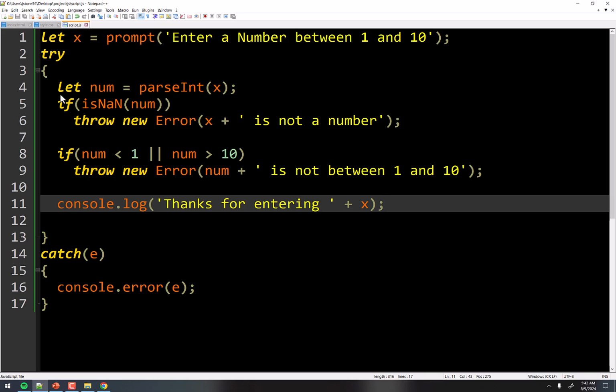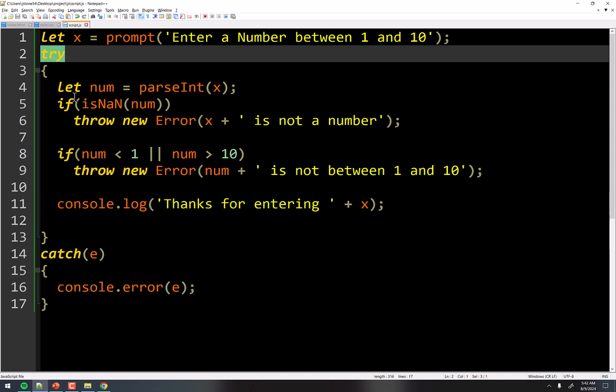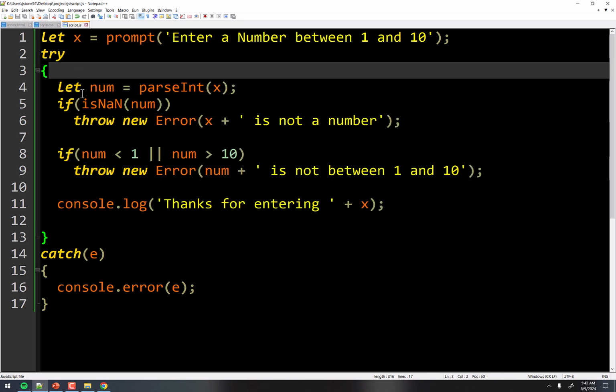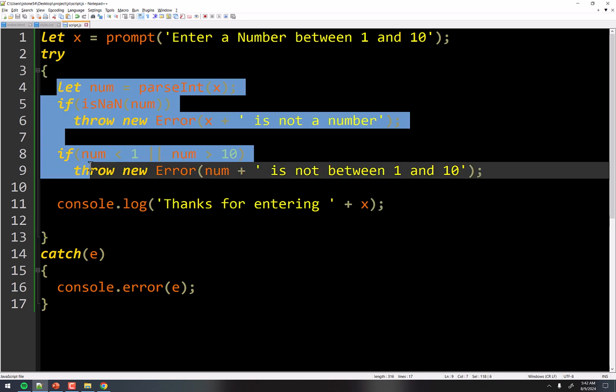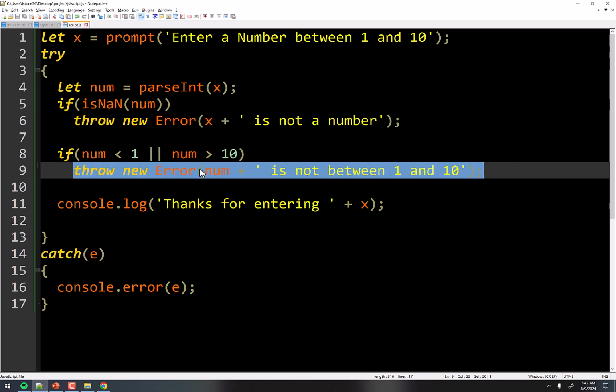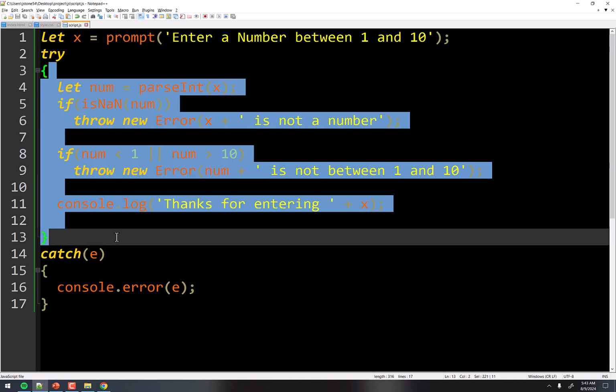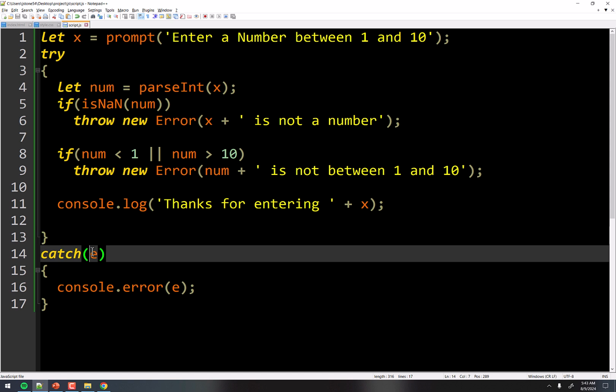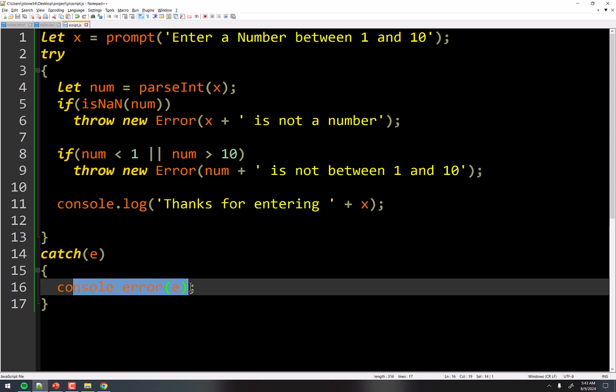So what have we learned so far? We've got 3 new things we've seen here. We've got the try block where we're trying some code. And if the code here gives us problems, we're going to throw some errors, right? Throw. And then if there's some other error that our code doesn't look for, but JavaScript notices it, then it'll also throw that error. Either way, if anywhere in between line 3 and 13, an error is thrown, then it will get caught right here in this variable called e. That will be the error object.